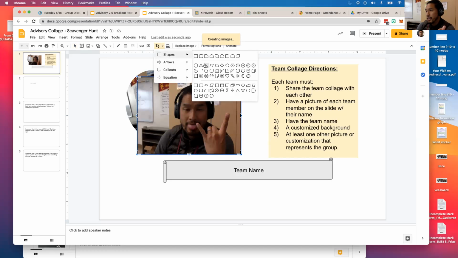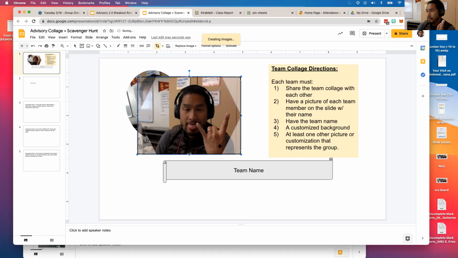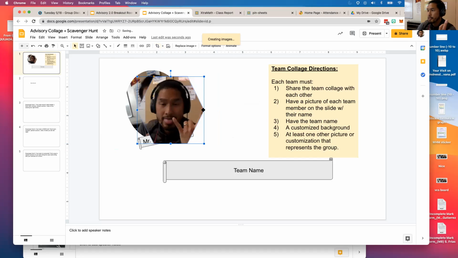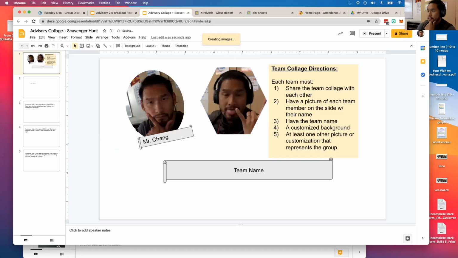I'm going to try a hexagon. And there, I can now resize my hexagon however I want it. I can move my face into the middle of my hexagon, and boom, I've got a shape that looks good. Then I'm going to take and insert